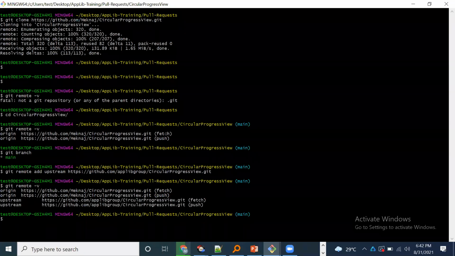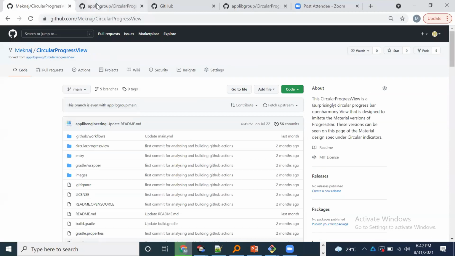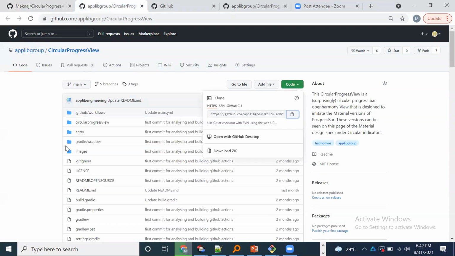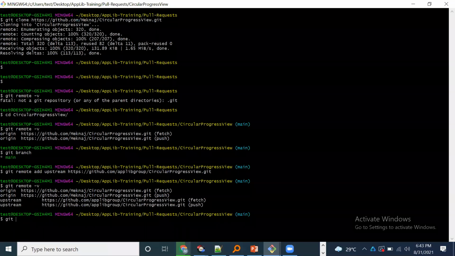So let's say that you have forked this repo yesterday, and maybe this morning there will be a lot of changes that have been done by other developers. So what can we do? One way is that maybe you can just delete this forked repository and then fork it again, so that these changes are available to you again. But that is not the preferred way, right? So in that case, we will need to fetch the changes that have been done in the central repository. So we can use this git fetch upstream.